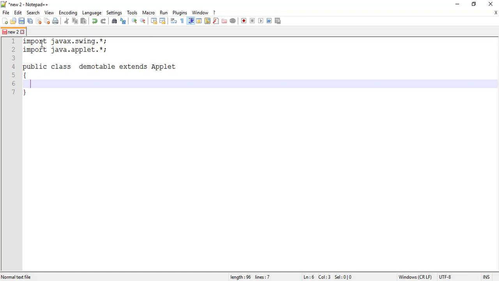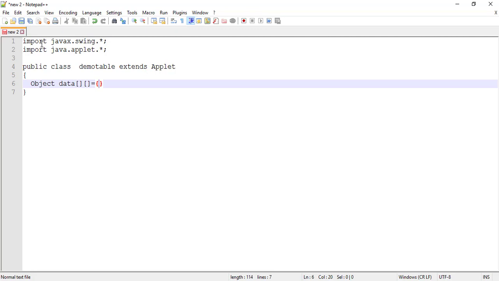The first array is for data initialization, that is the data which is to be added in the table. And the second array is used for initializing all the column head names. So for data initialization, the Object class is used. So Object, then the variable is data. A two-dimensional array is used to initialize the table data.